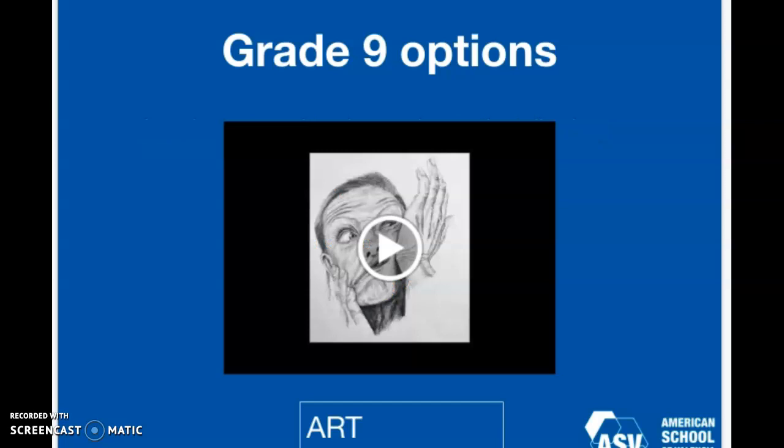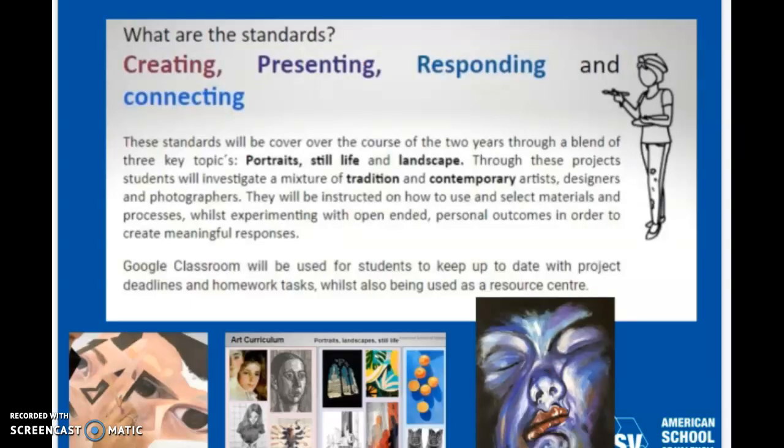Art is a subject that we follow through to IB level at ASV. The standards that are focused upon are creating, presenting, responding, and connecting. So students will really have to start developing their art skills using portraits, still life, landscape, investigating a mixture of tradition and contemporary artists, and focusing on project-based learning in order to develop a style and the skills necessary for